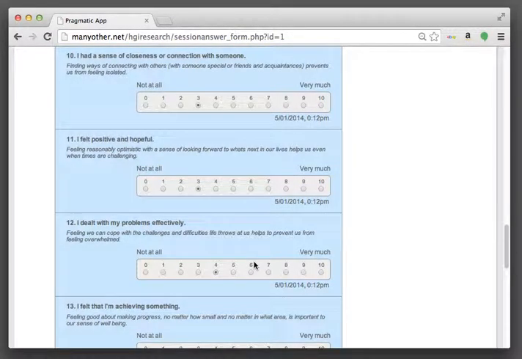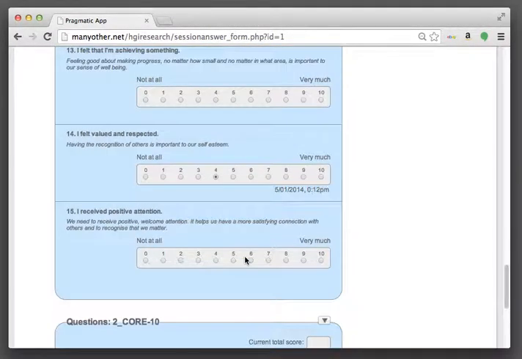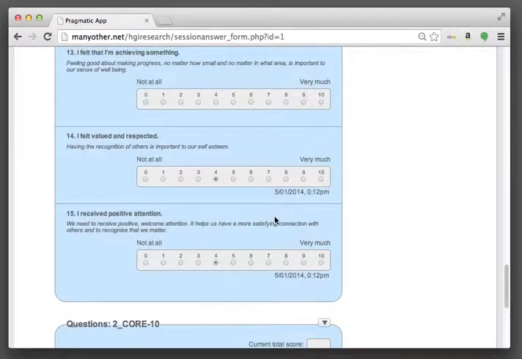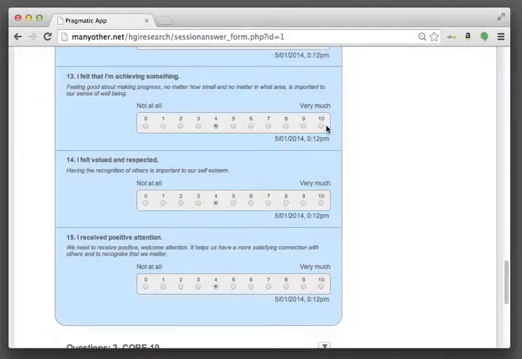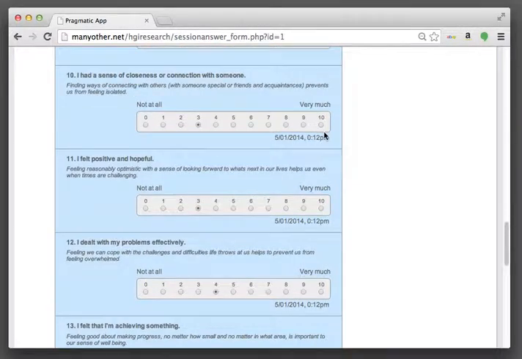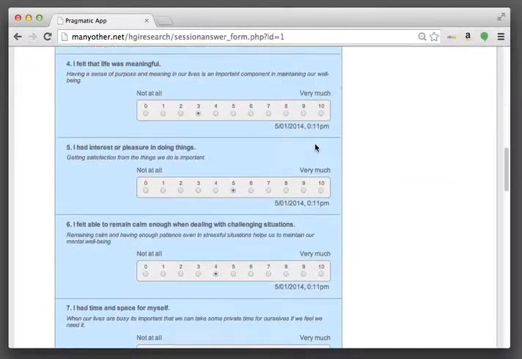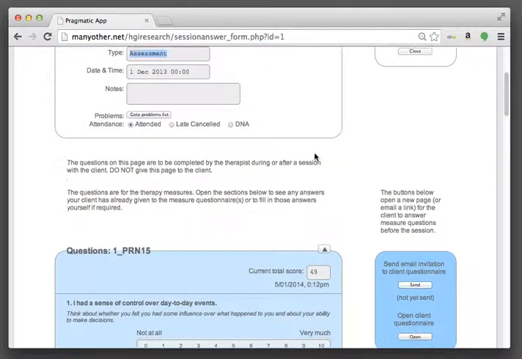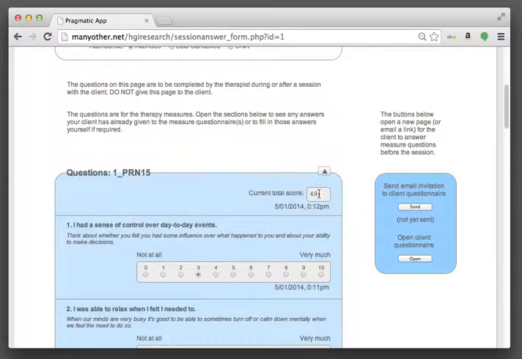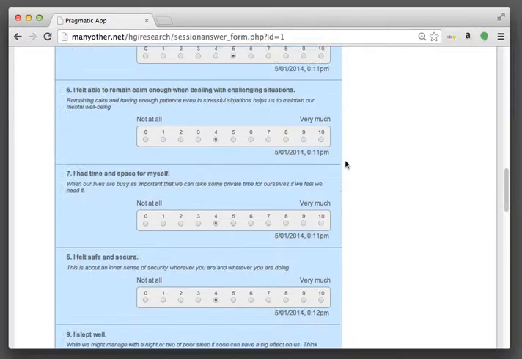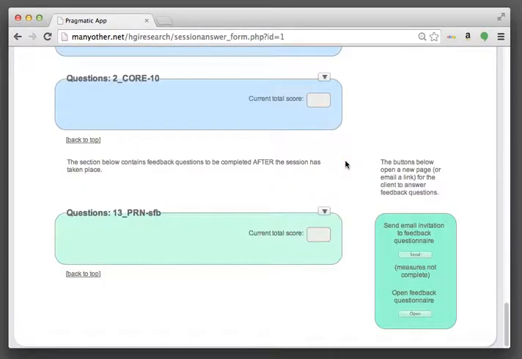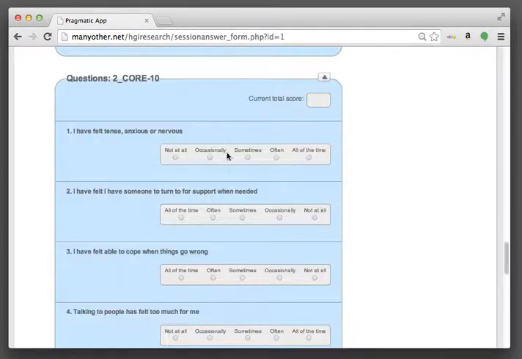So you just scroll on down and make sure you've answered all of the questions. I'm just going back up here to ensure that they're all selected. Yeah, and what you see at the top now is that score has been added up here, and that one's taken care of. And then we go down to the Core 10,